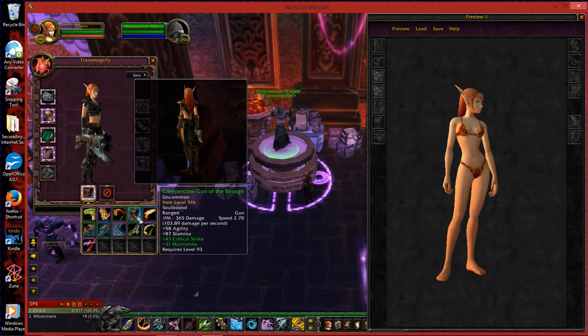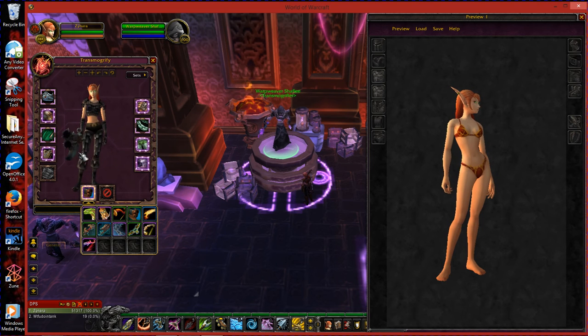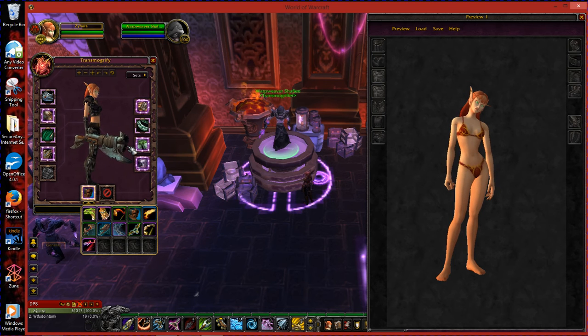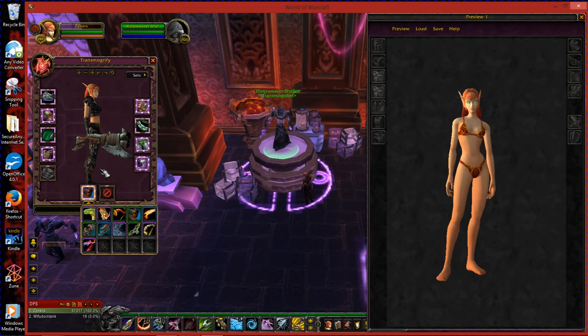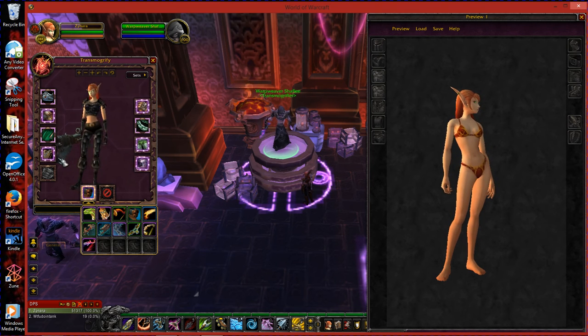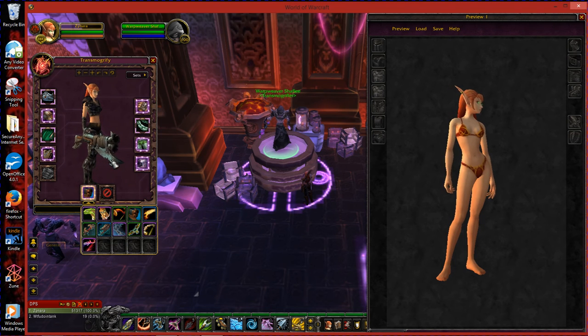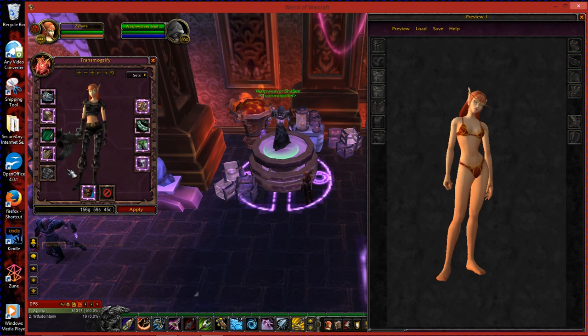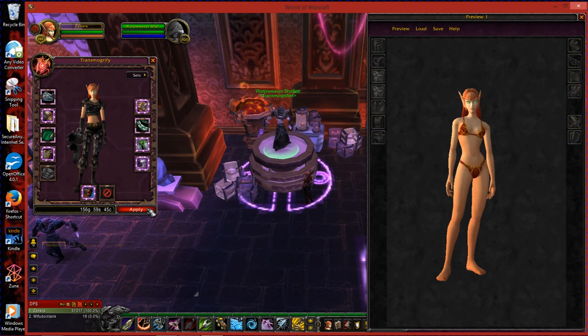Yes, the only gun in the entire game that I will willingly use. I prefer the bows much more strongly to the guns. I've never seen a crossbow that I like. But again, personal preference, I like the bows, but I do have one gun, and that is just mean looking, isn't it? So, let's go ahead and use that. And once you have your mog looking exactly the way you want, hit apply. I'm spending 156 gold, 59 silver, and 45 coppers to look fabulous.